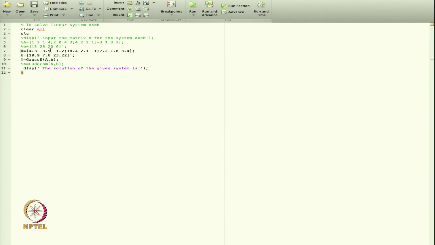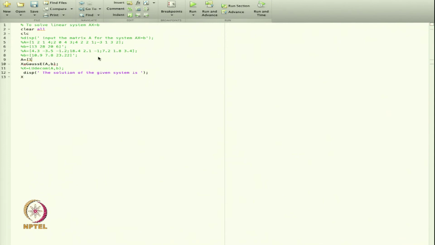Now, suppose instead of this one, I give you a matrix which is not a square matrix, what will happen? So, let us take a rectangular matrix.